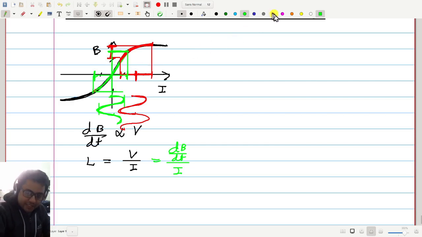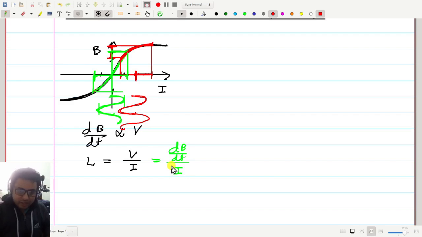Whereas in the second case, the amount of flux change is less, but the time, the frequency, is the same. So dB/dt is less. Now it's fine. Yes, sir. So therefore, now let us assume that we want to measure this incremental